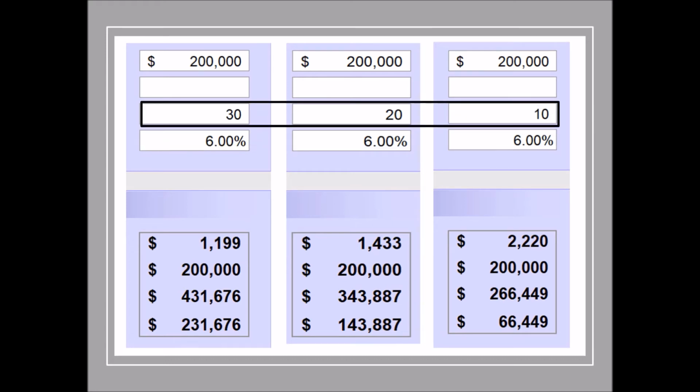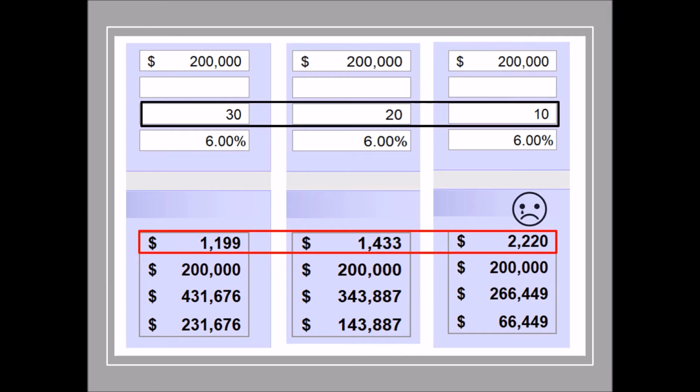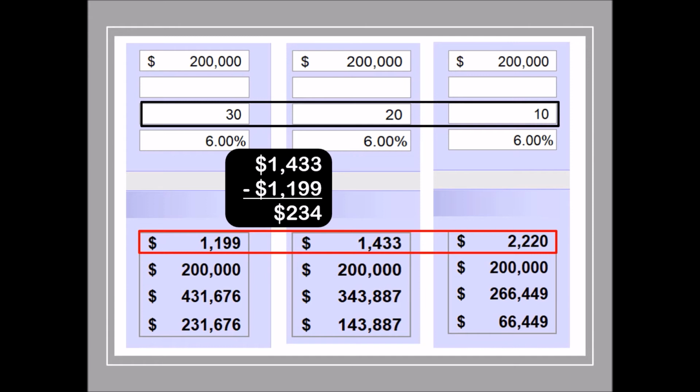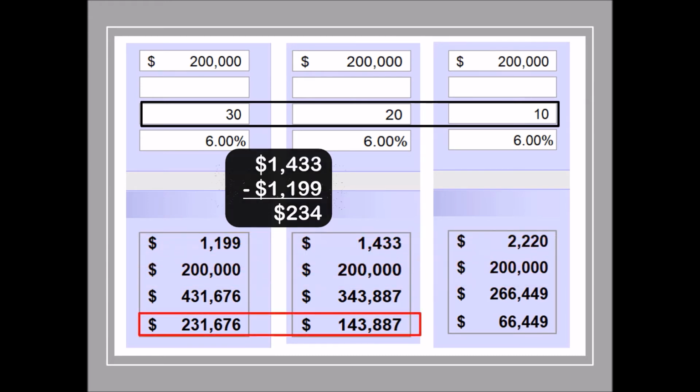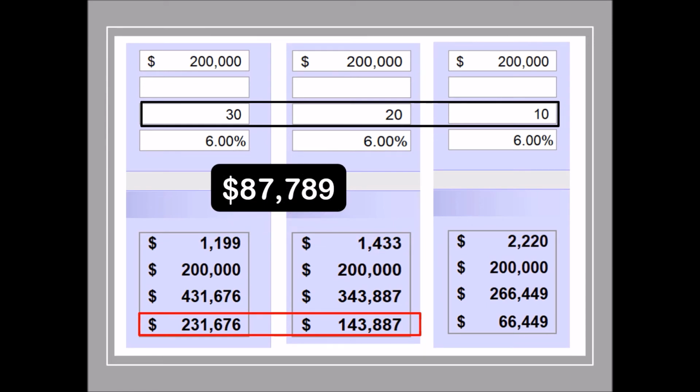What you have most control over is the loan term. In this example, 30-year, 20, and 10. And below, you see their monthly payments. Look to the right, and you'll see that few people can afford the monthly payments on a 10-year loan. So let's cross that off our list and compare the 20 versus 30-year mortgage. And this is significant, because the difference between these two is not that much, and yet we saw the difference in savings is significant. And that difference in savings is also true after 10 years if you sell your house.